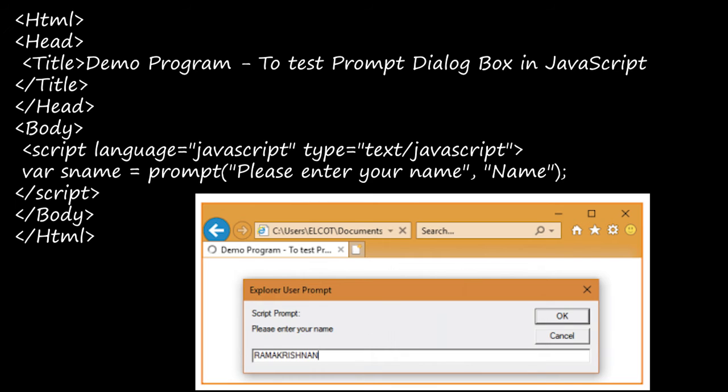Whatever you enter here will be saved in the place of name. You will get an input text box, with an OK button and a cancel button. After you have entered the name, if you click on OK, the name you entered will be saved. If you click on cancel, the name will be null, it won't be taken.